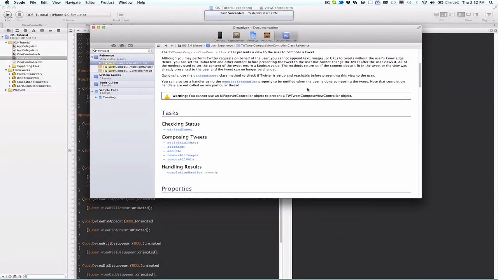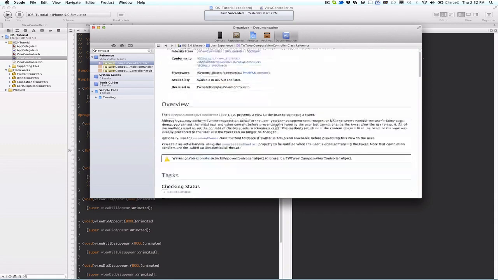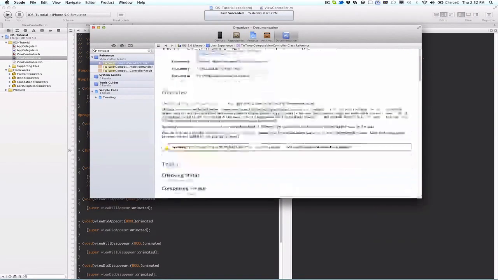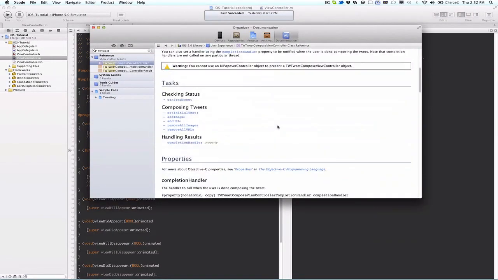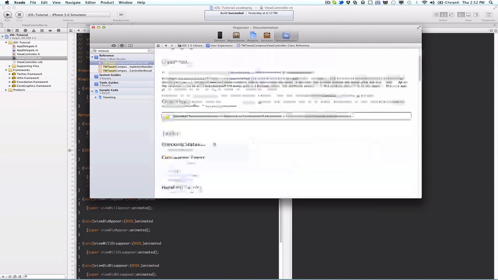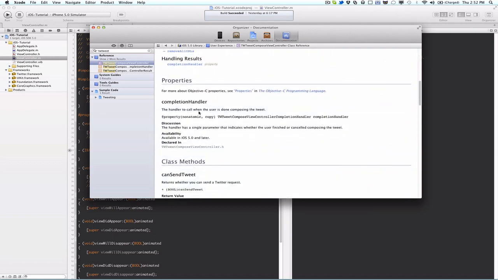One of the nice new features in iOS 5 is the built-in Twitter support. In this tutorial, I will show you how to present the user with a tweet compose dialog, and that's basically it. So we'll start off by using the TWTweetComposeViewController class,